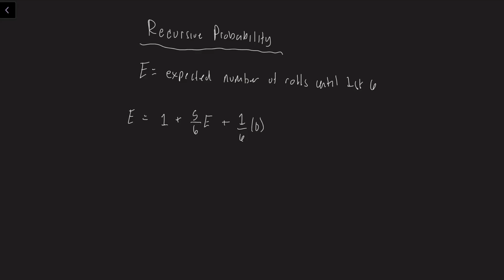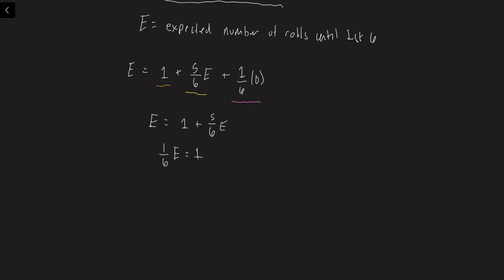So let's break this down. No matter what happens, we use 1 roll, and that's where we get this 1 from. Then, with 5/6 probability, we don't get our 6, and we're back where we started. And with 1/6 probability, so 1/6 at a time, we don't need any more rolls, so we multiply that by 0. Then we just use algebra to simplify and solve for e. You see you get the same answer using both strategies, so these are 2 valid ways you could solve problems